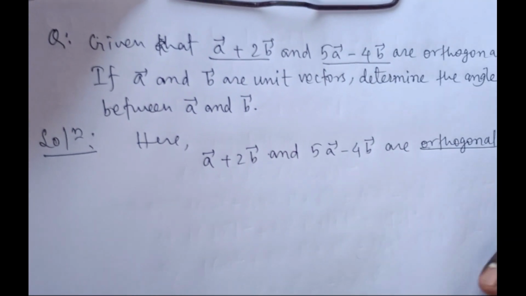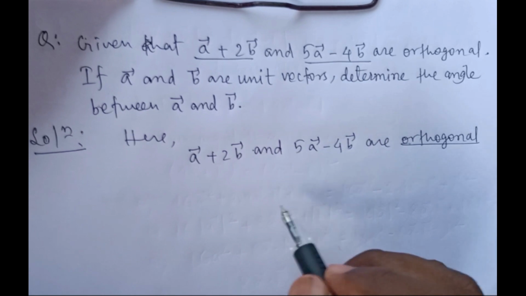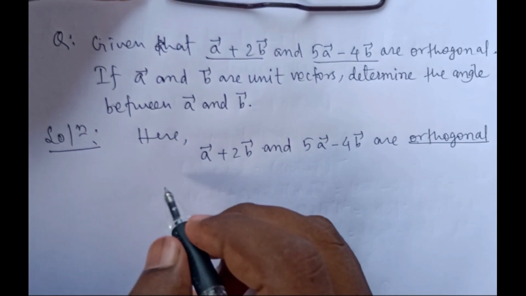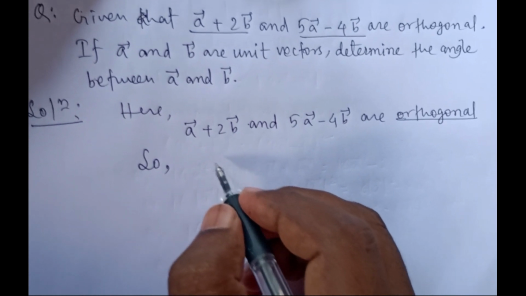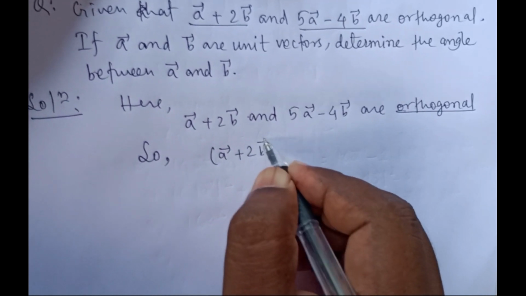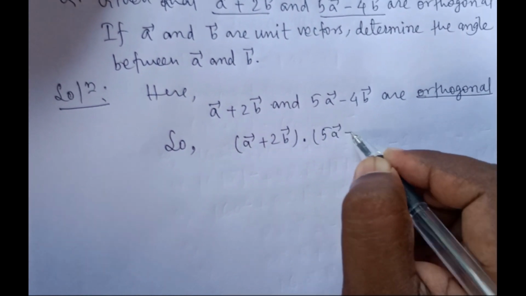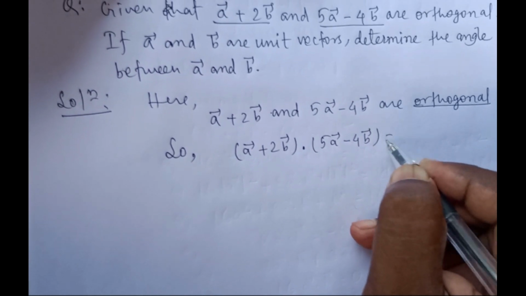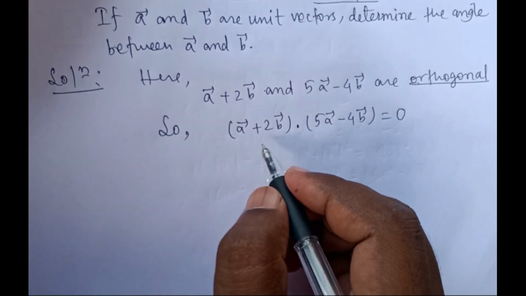If they are perpendicular to each other, then their dot product is 0. That is, (a + 2b)·(5a − 4b) = 0. This is according to the condition